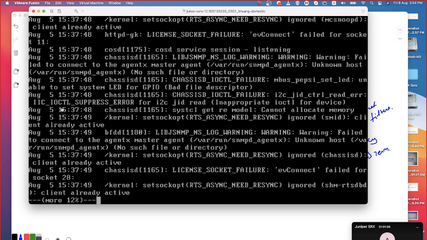See, there is an IOCTL suppressor. IOCTL is nothing but input output control. This is from Unix architecture. You will have two different processes: user mode processes and kernel mode processes. The user mode process and kernel mode process talk to each other with the help of IOCTL only. There are two different things: one is called a trap, the other is called IOCTL. Not required for us, don't worry. So this is what we need to understand.